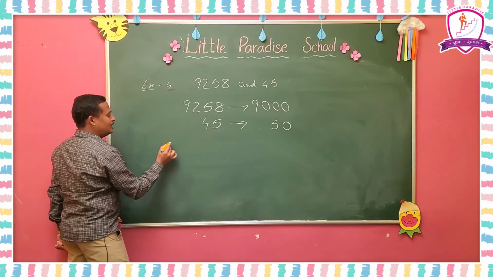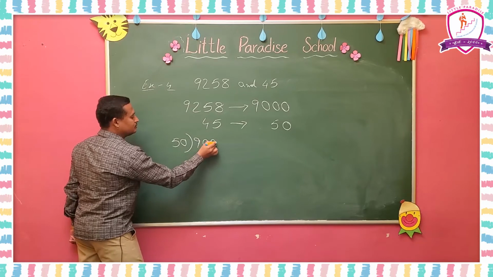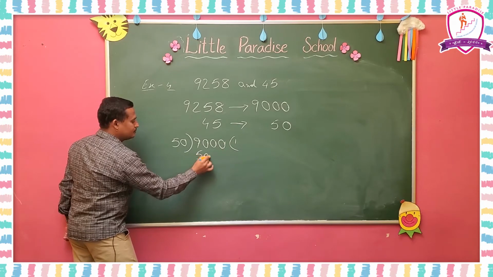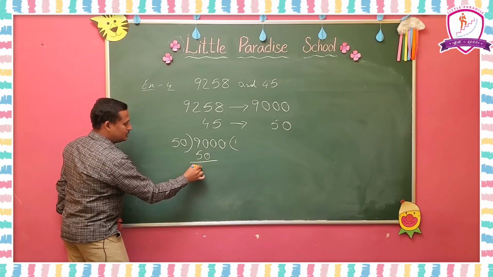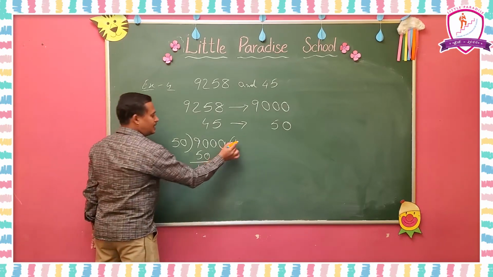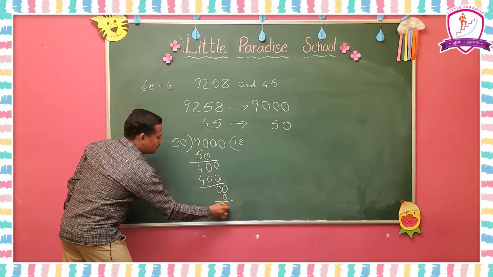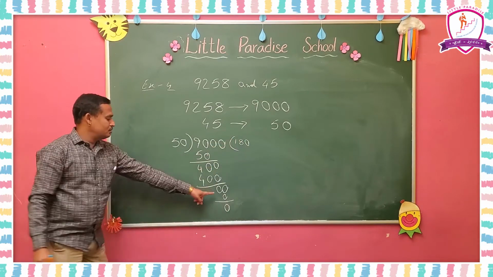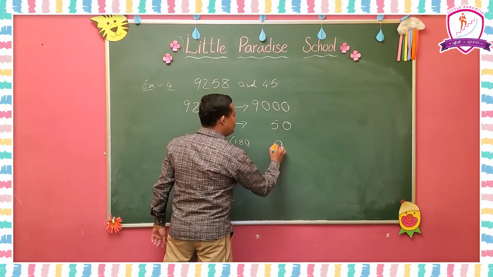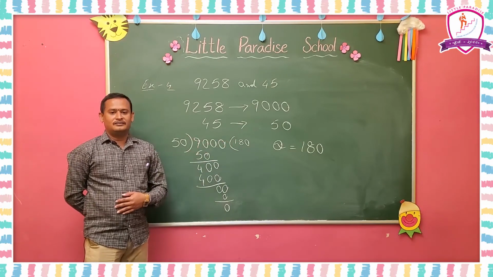We have to find the quotient of 9000 and 50. 50 twos are 100, so 50 ones are 50. So 40 will be the answer, and bring 0 down, 400. Here 8 times. 8 times 400 you will get 0, and bring 0 down, 0 and 0 will be there. 0 zeros are 0. So the quotient is equal to 180. It is called the estimated quotient. Understand? Next.